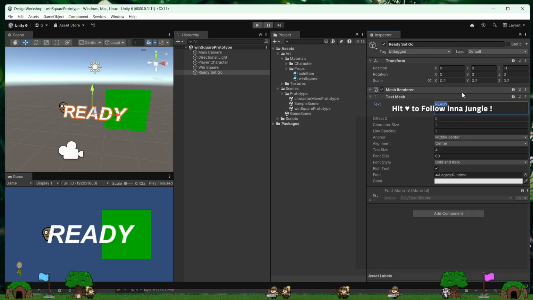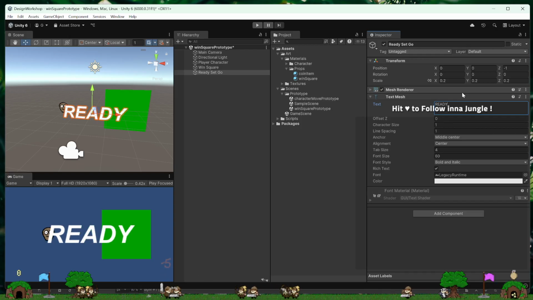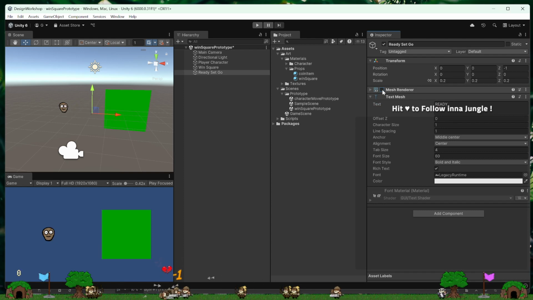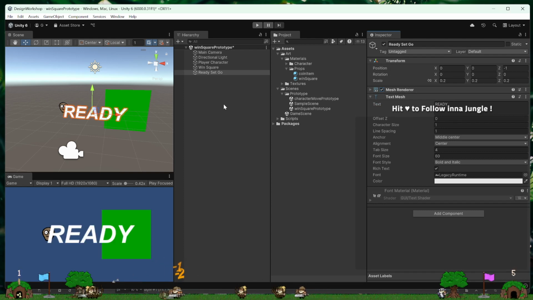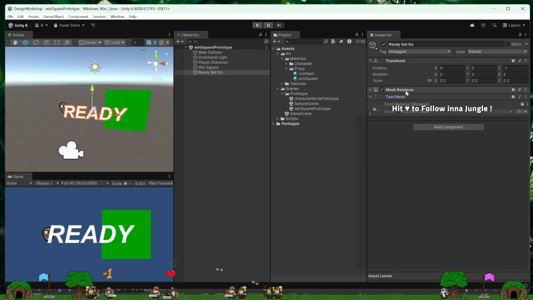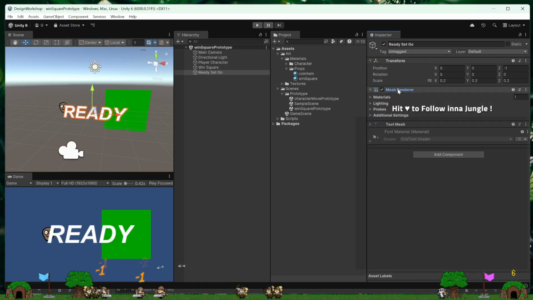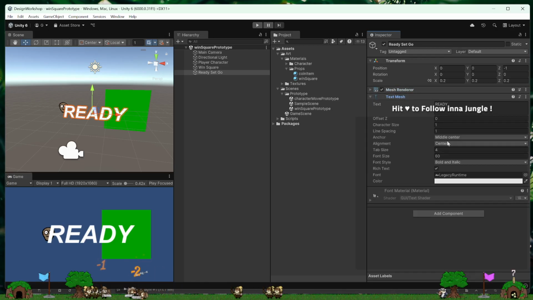One way we could use it is to change this from ready to set and then to go, right? And it'll look pretty cool. We could make it disappear, I guess, and appear, playing with it, right? The way I did that was one of these components is made to just render it, and the other one is to actually just form the text that it will display, right?